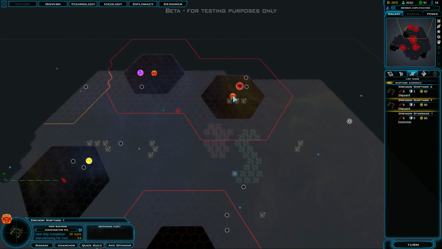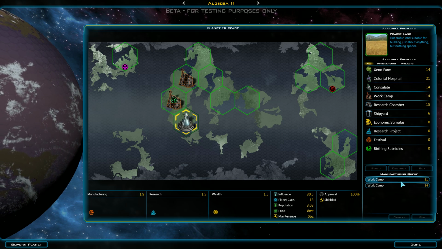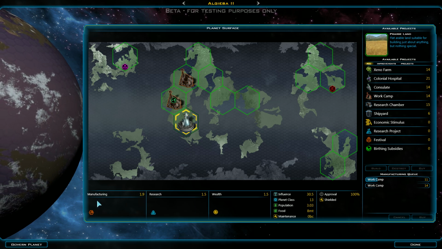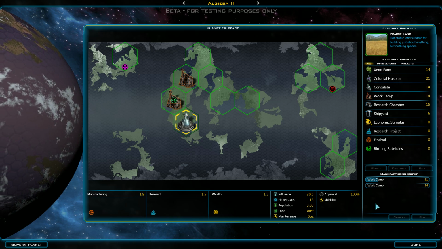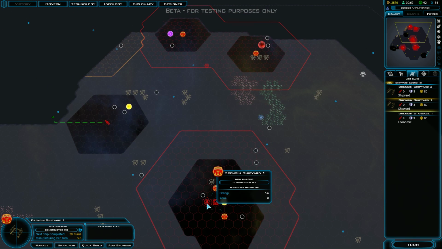So if that's the case, it's probably better to just not have it tethered and just let all of the production default to social spending. Fairly certain that that's how that works. Or maybe not. Total manufacturing is 1.9. It's not saying... What is the... Okay, I mean...